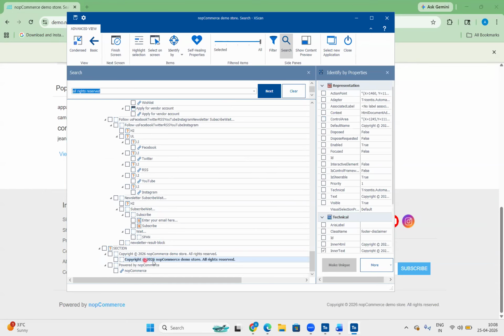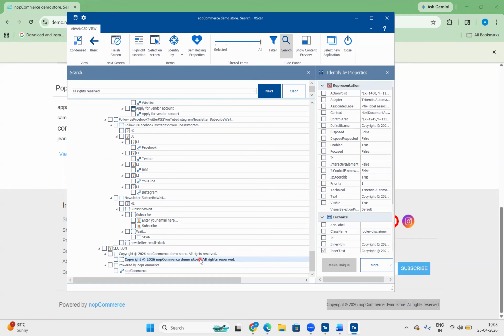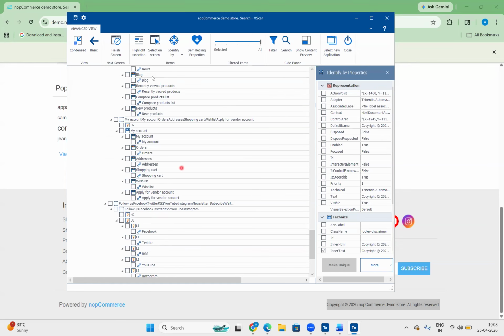See here, copyright 2026 NOP commerce demo store dot all rights reserved. It is at the bottom of the screen. See my cursor movement. The same control is highlighted in the script. We have different ways to fetch the specific control out of all.